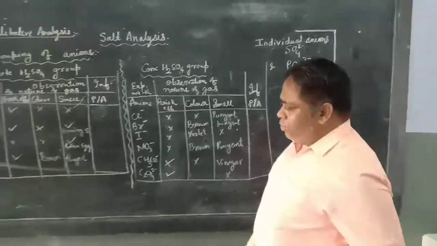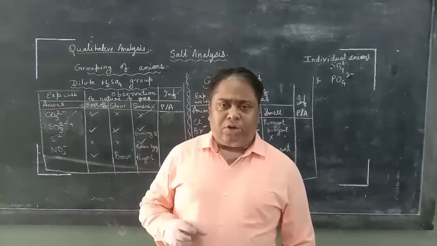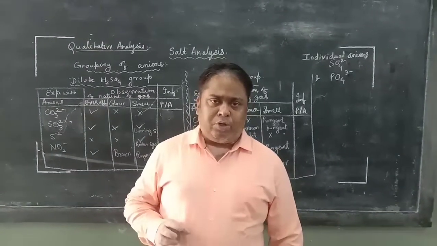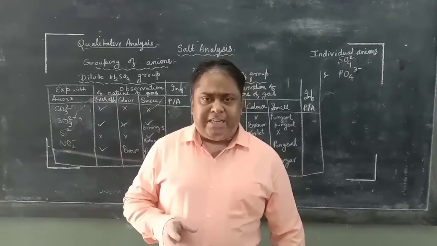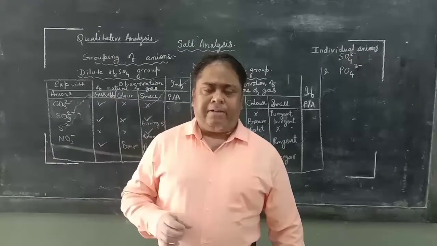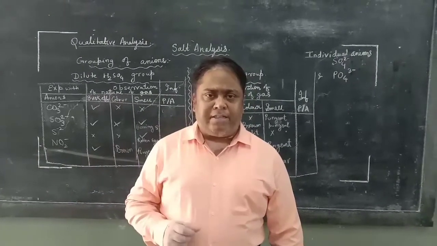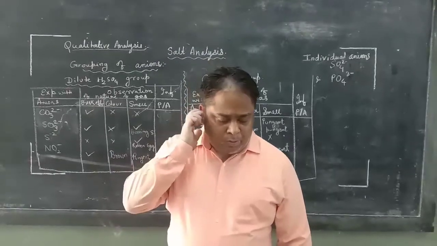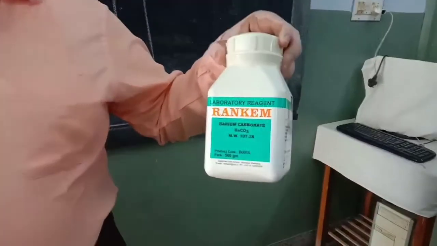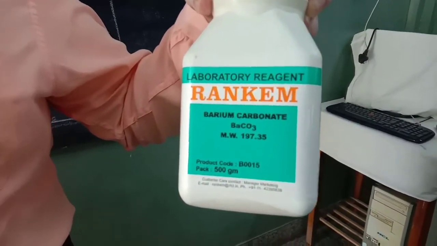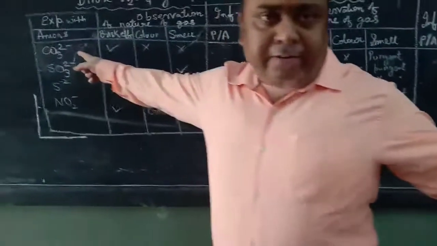Alright. Without going into the detail of cation analysis now, we will focus on anion analysis first, because most students are able to find the cation just by seeing the color of the salt, but when finding the anions they get confused and get fewer marks in the examination. So we have kept the bottles, or mother jars, from where the teachers take out salt to prepare a sample. You can see that this is barium carbonate containing the carbonate anion.